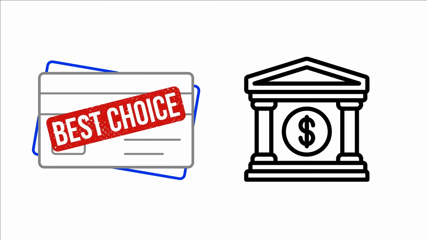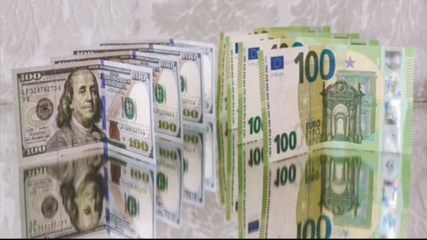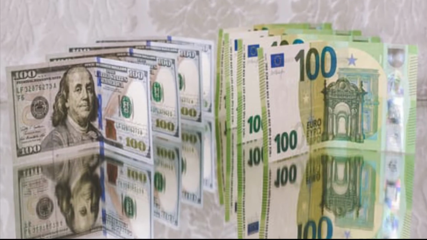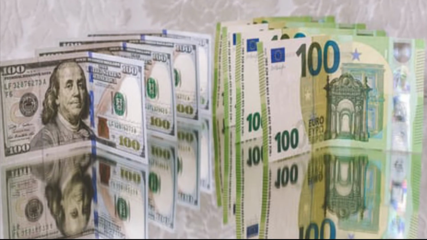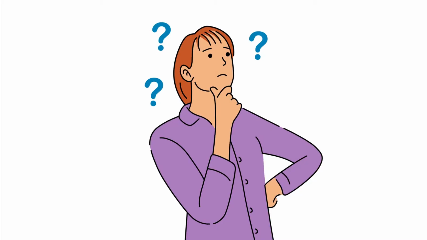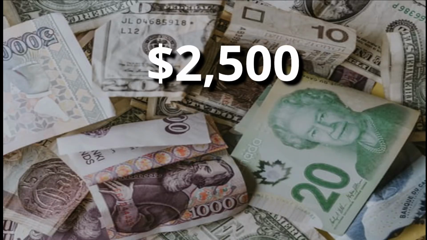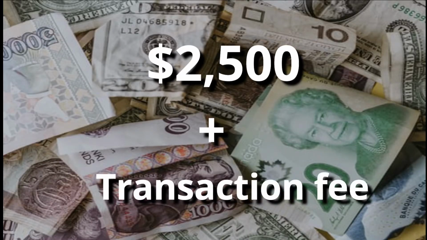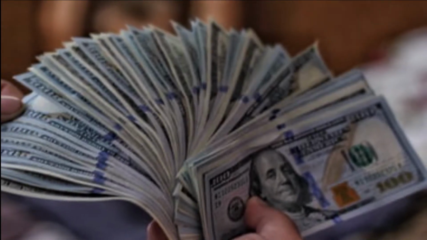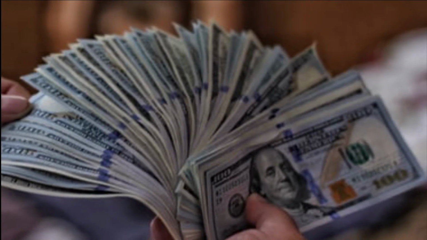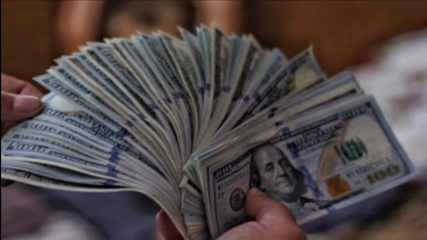The best thing you can do in case of cards, you can ask PayPal to switch off automatic currency conversion and have the conversion happen on your bank side, which will give you, of course, a better rate. But there are still two inconveniences when withdrawing in this manner. Number one, you will be forced to convert dollars to your home currency upon withdrawal. Number two, there is a limit per transaction of $2,500 and an associated fee per transaction. These two drawbacks are problematic.